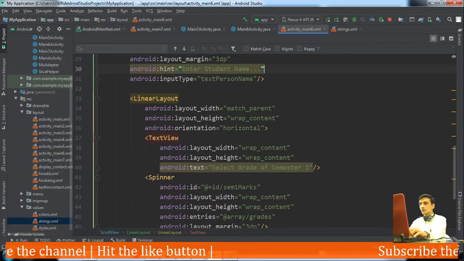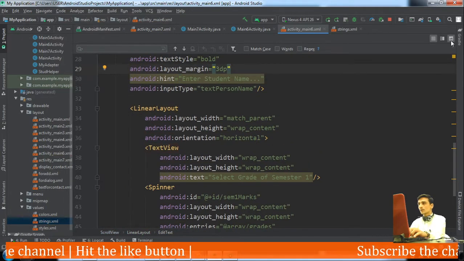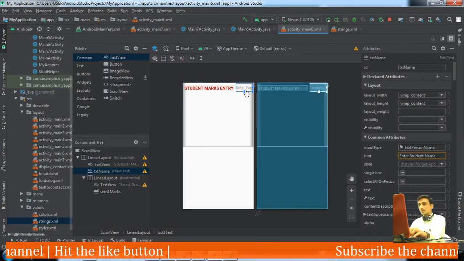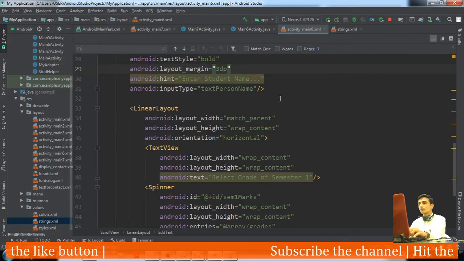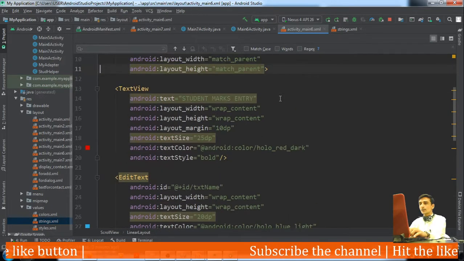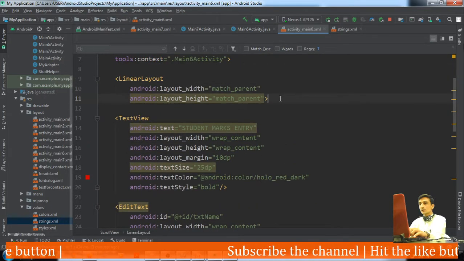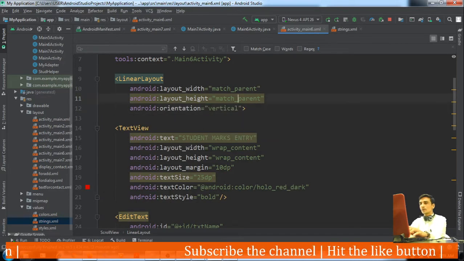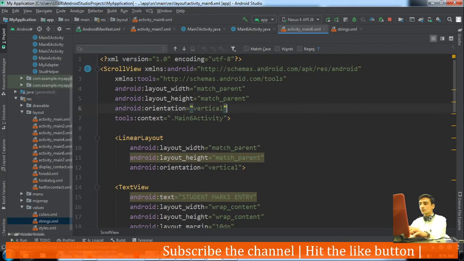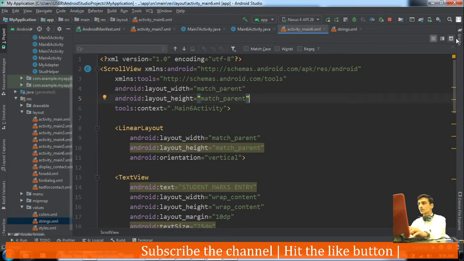Let's see how it looks. Enter student name. Okay, again in the linear layout here we haven't set the orientation to vertical, and here we should remove the orientation.